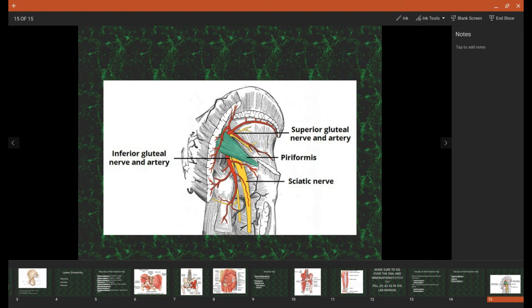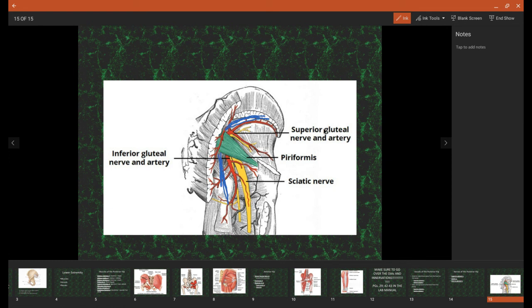So in this picture, we have piriformis highlighted in green. If you'll recall, I mentioned earlier piriformis being one of the most important muscles of this region, and it's actually going to be relevant here again because of superior gluteal nerve and artery, and also the vein. So let's color that in on this picture. Just going to go the exact same path. Let's be a little more medial here. And inferior gluteal vessels,